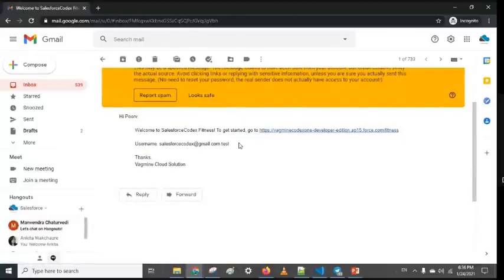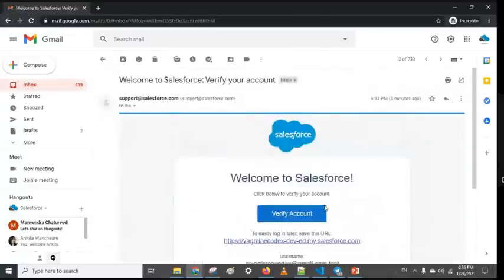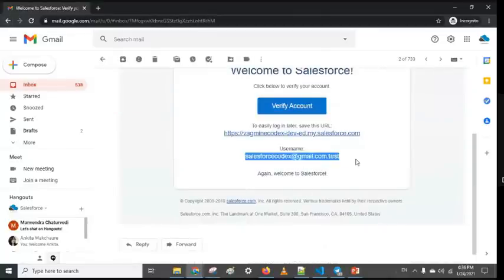Now we can enable it also. Yes, so we have created this user. Okay, let's verify this user. So change your password.